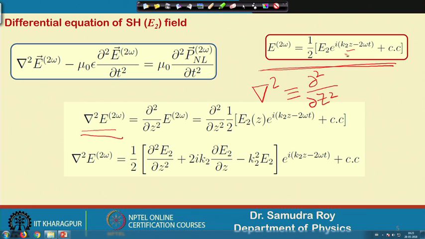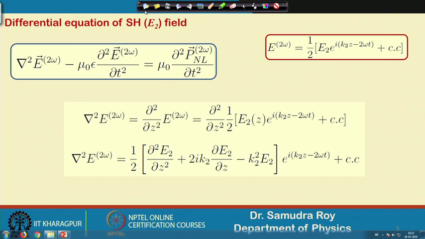Here this coordinate is z, that means the electric field is propagating in one direction, which is z. So, this operator now reduces to del 2 del z square. If I now try to find the value of del 2 del z square for this entire quantity, we will find